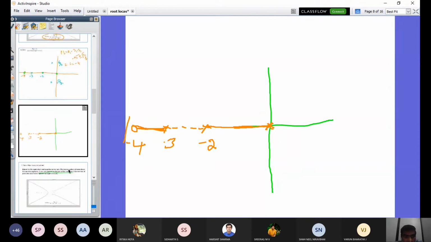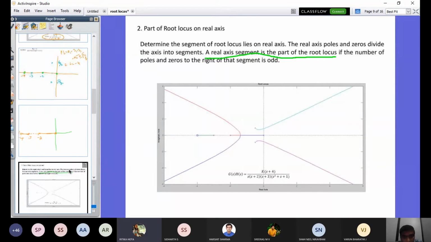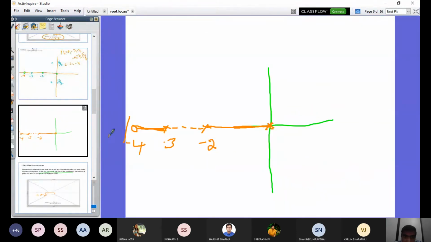Root locus lies on the real axis, dear. No, sir. Now it is clear. You can see here to here they put the root locus axis 0 to -2. And this is for -3 to -4. We also identified the same, correct? We have the root locus axis 0 to -2, -3 to -4.